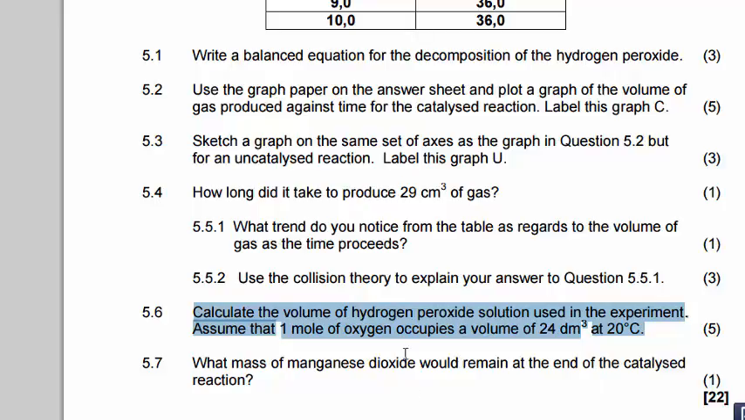Calculate the volume of hydrogen peroxide solution used in the experiment. Assume that 1 mole of oxygen occupies a volume of 24 cubic decimeters at 24. So